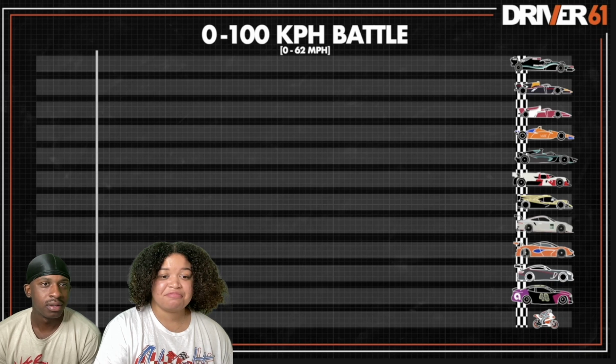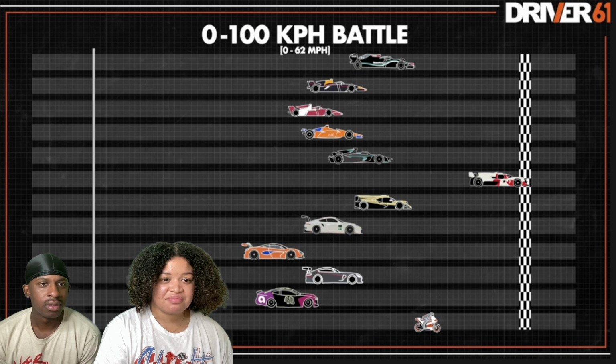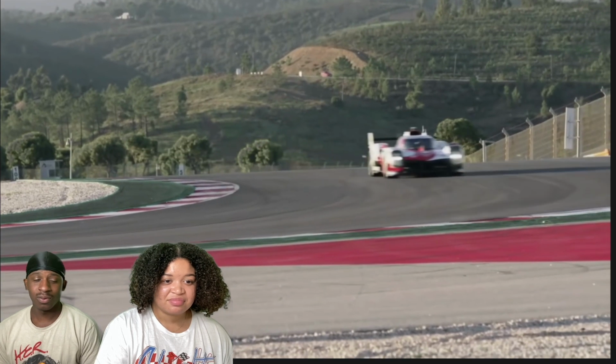The winner is actually pretty surprising. The fastest is the hypercar. It may weigh more and have less power than a Formula 1 car, but its hybrid system powers all